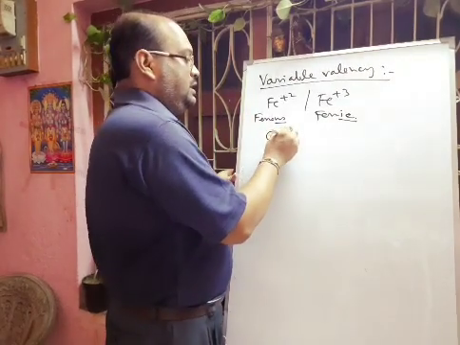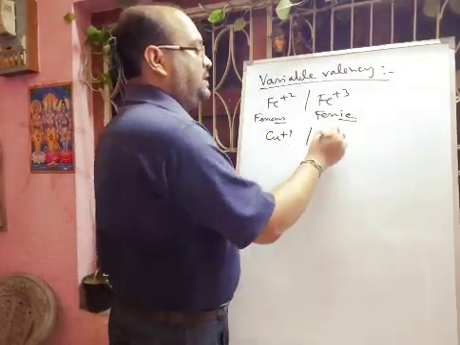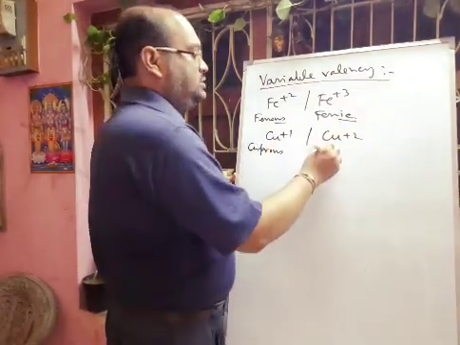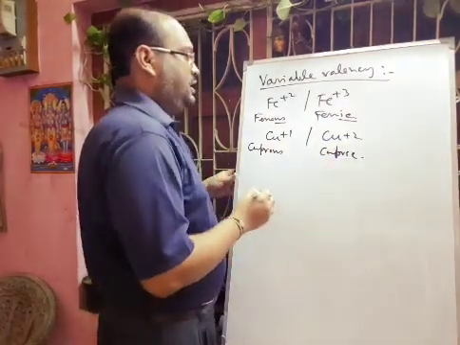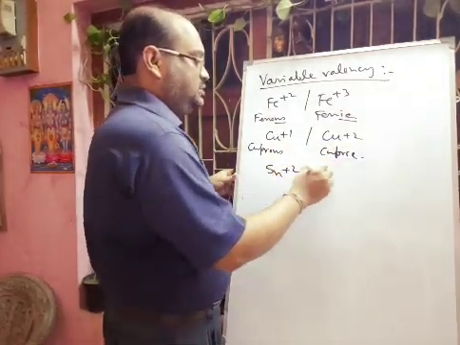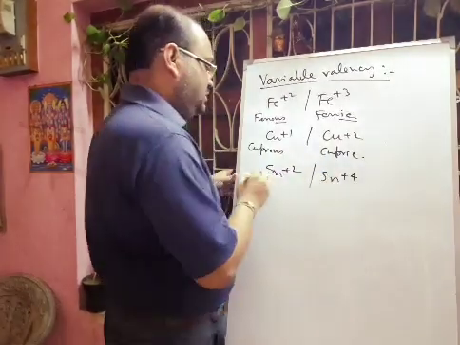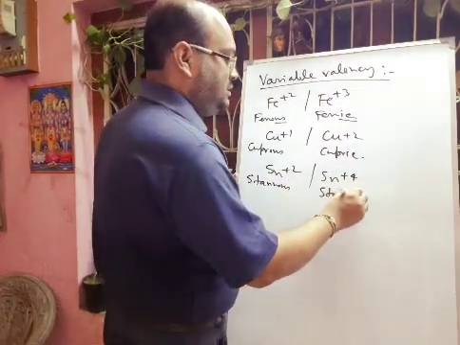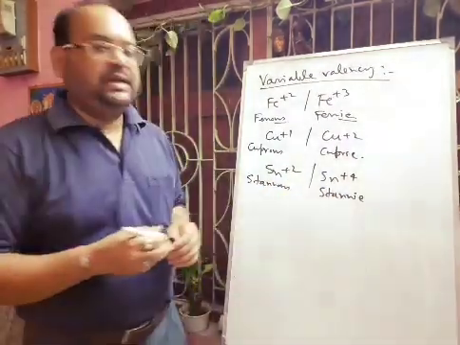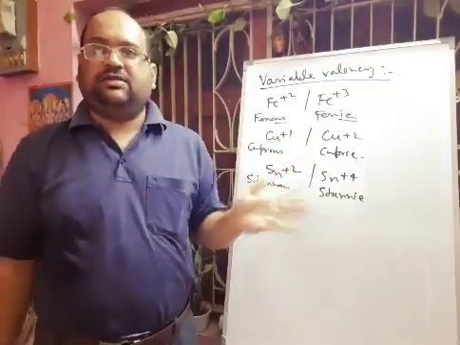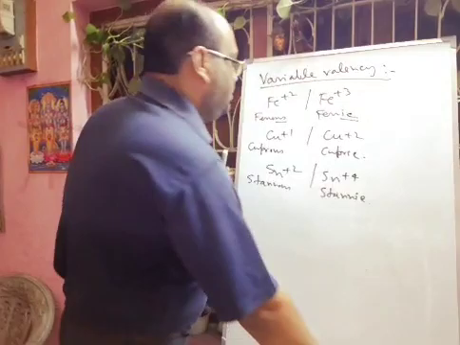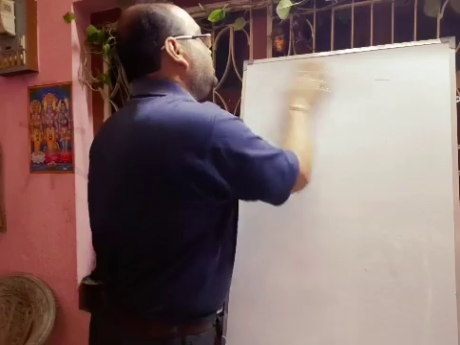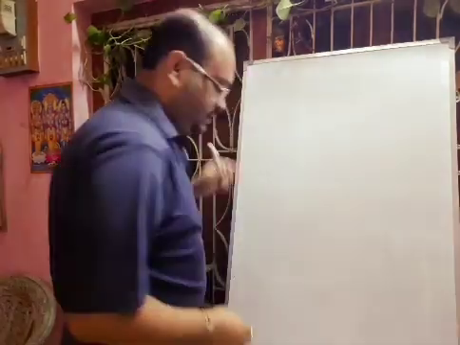Again we can take another example, like copper +1 and copper +2, and this is cuprous and this one is cupric. Another we can give Sn +2 and Sn +4. This one is called stannous and this one is called stannic. Like plumbous, plumbic, Pb +2 and +4, these are called variable valency. So that also you have to remember. If you are able to remember the valency, then you can easily write the formula of any type of compound.